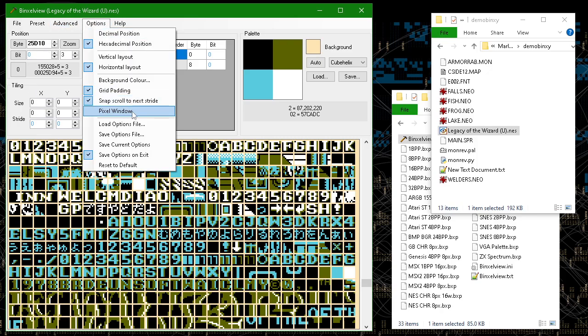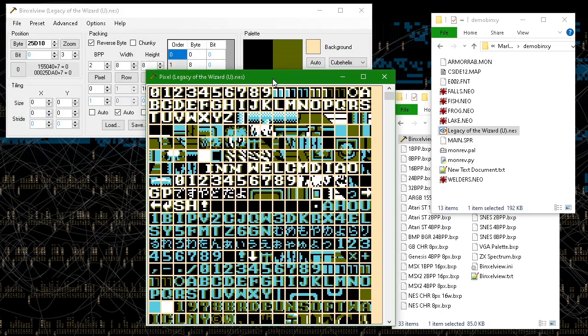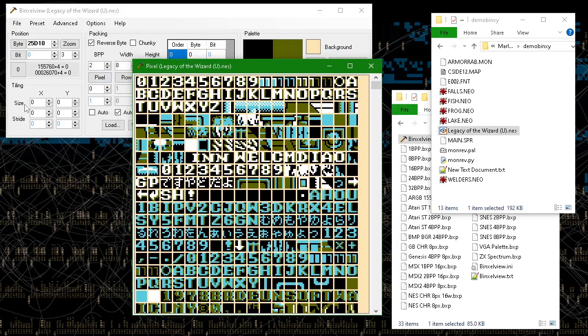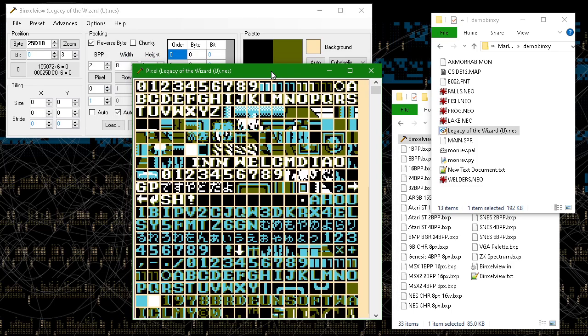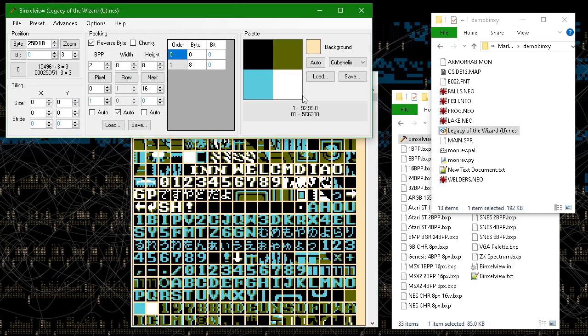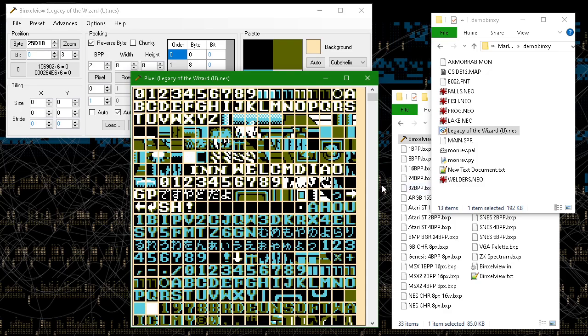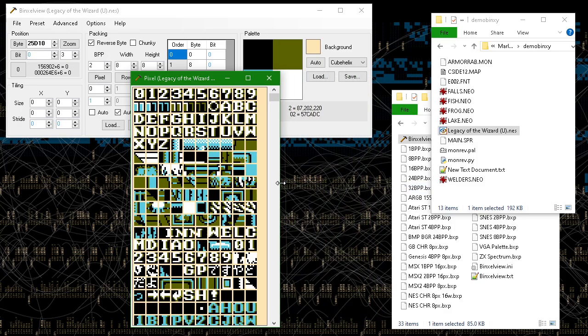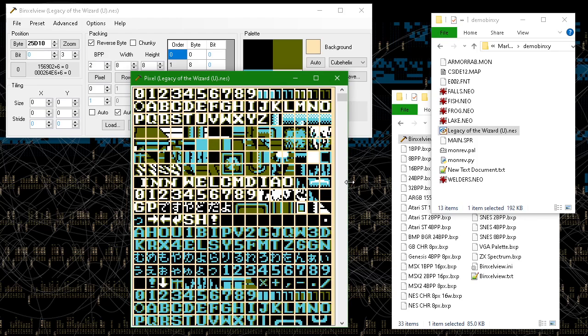There's another option I added recently, this pixel window. Normally the only way we had to choose how many are in a column was to resize the window, but that was inconvenient because the window was also the control panel. That option lets you separate the control panel. So there's 10, 11, 12, 13, 14, 15, 16, and 16 is often a natural organization point for NES stuff.